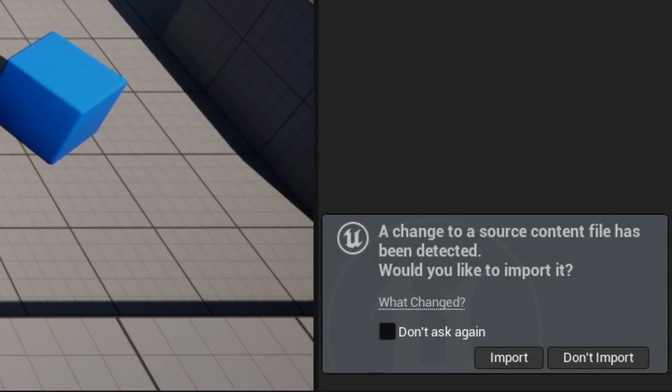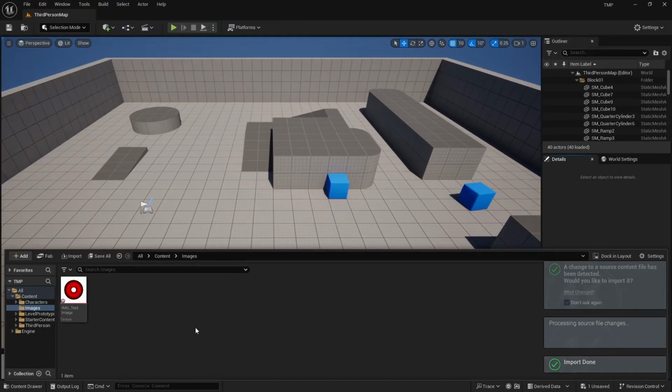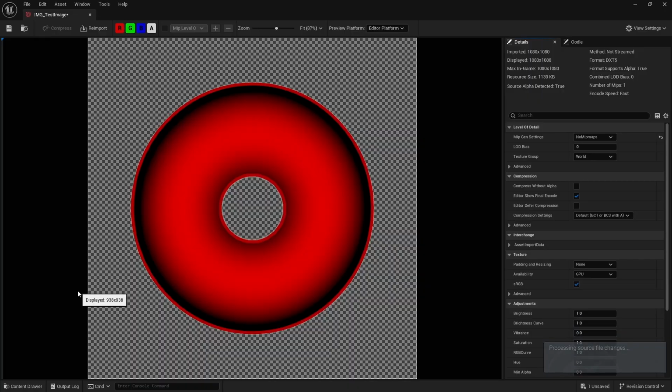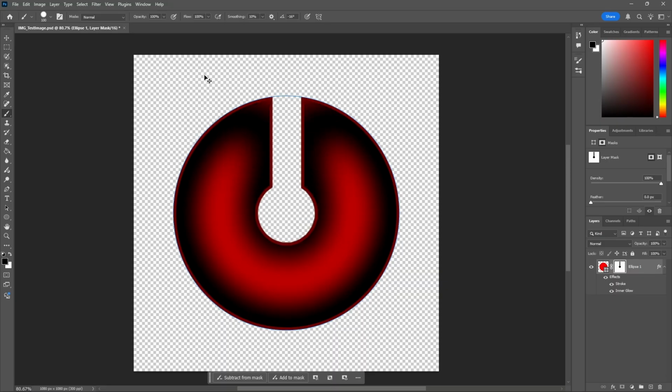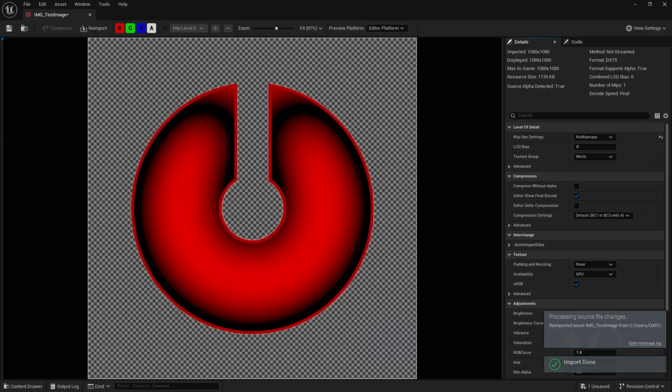Unreal Engine works with UAsset files, so by checking Don't Ask Again and selecting Import, it automatically re-imports the image when you change it. So the image is imported, and now if we change it and save it, it will automatically update the UAsset